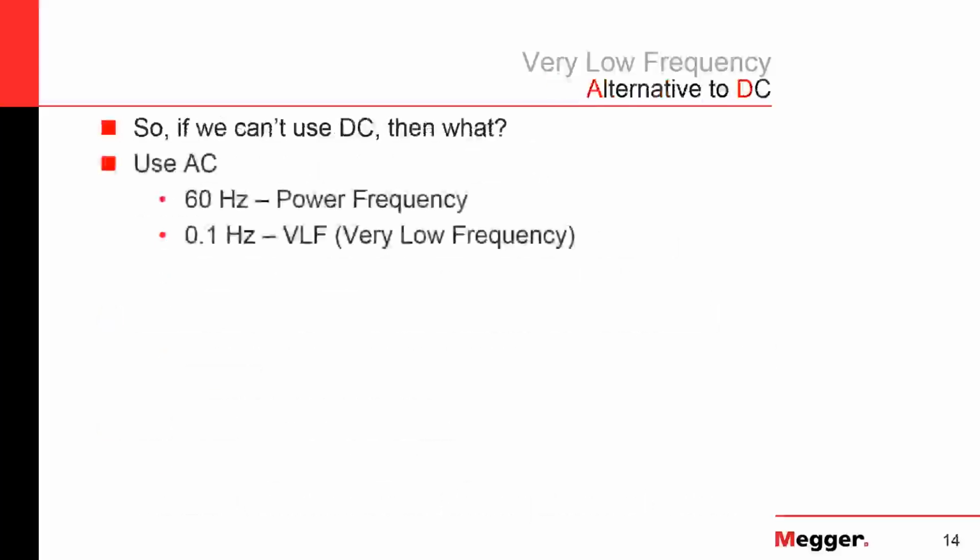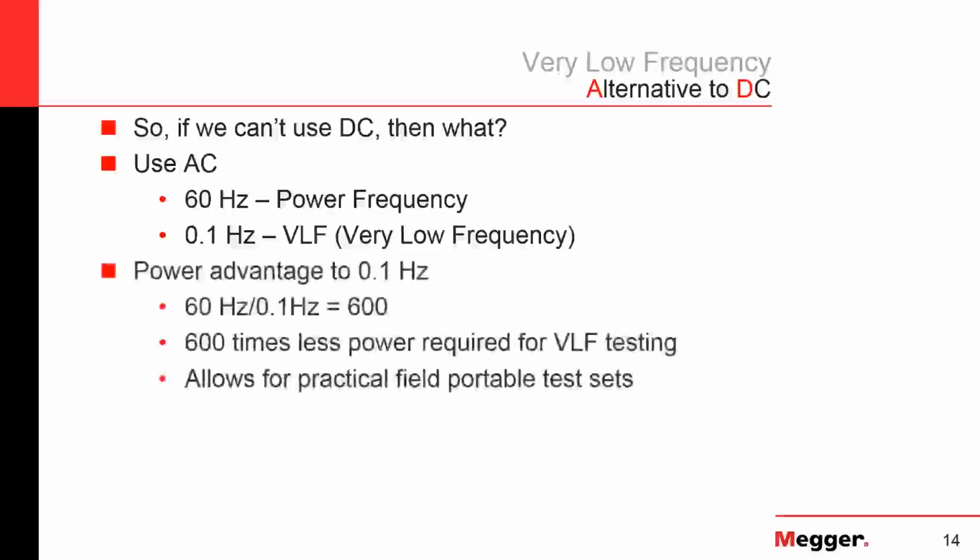So if we can't use DC testing, then what do we use? Well, obviously it's AC. We have a choice here. We can use 60 Hertz power frequency, or we can use 0.1 Hertz VLF. In an ideal world, I would choose 60 Hertz power frequency. However, it turns out that VLF has a huge power advantage over power frequency. Actually, VLF requires 600 times less power to charge up the cable, and this allows for practical field portable test